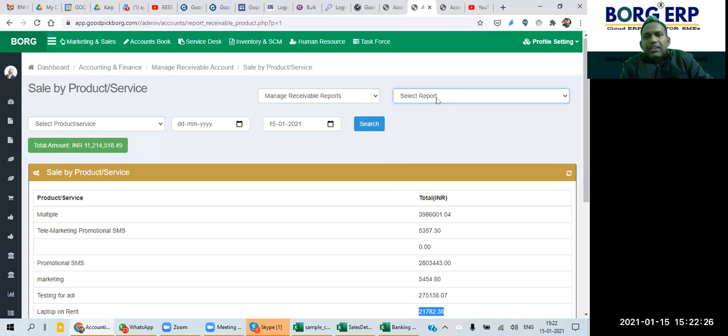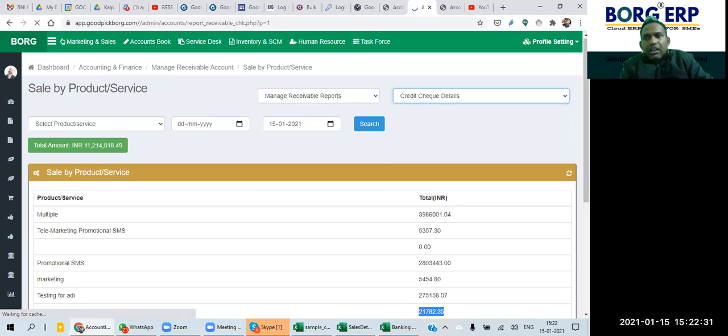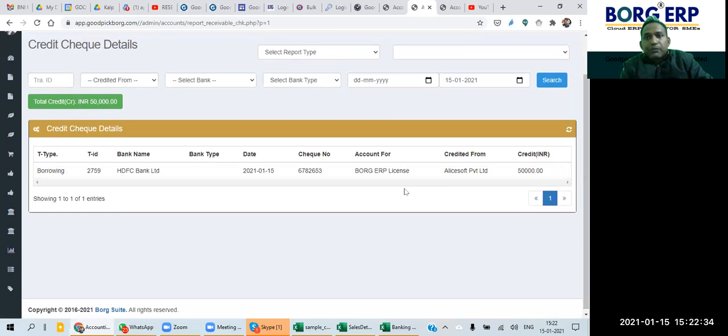There are so many things which are not available in most of the applications. Check details: how many payments you have collected by check. Today we made an entry of a check. You can see the check number is this and this. If any transaction is done by check, it is tracked, so you can track it from here. There are 40 plus reports. If we cover them, it may take another 1 hour. So personally, we can have a one-to-one call, or in another training we can cover the entire reports, right?